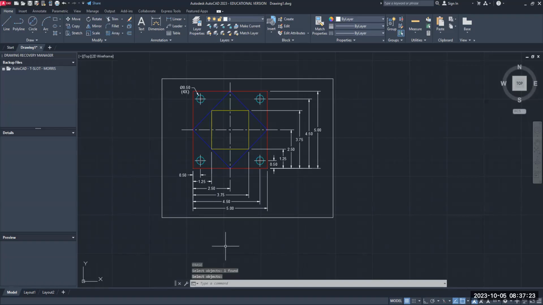Do I need to repeat that? No. All right, I'm going to type in offset again, 0.25, and